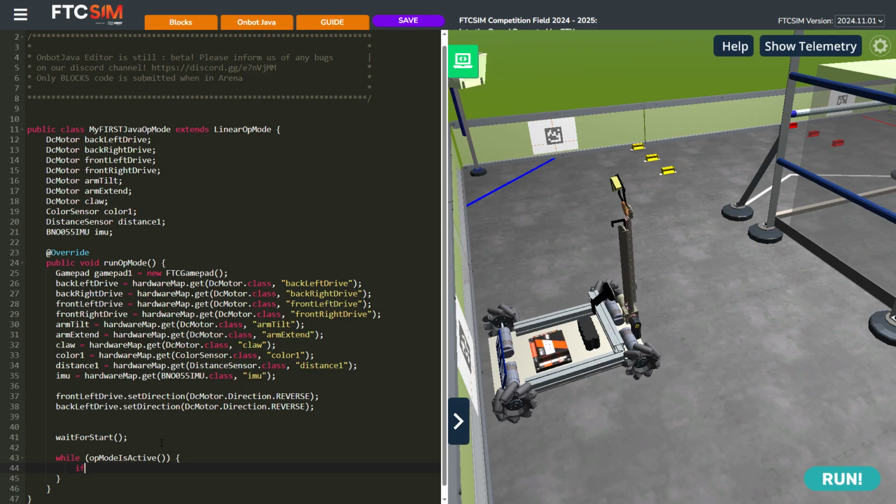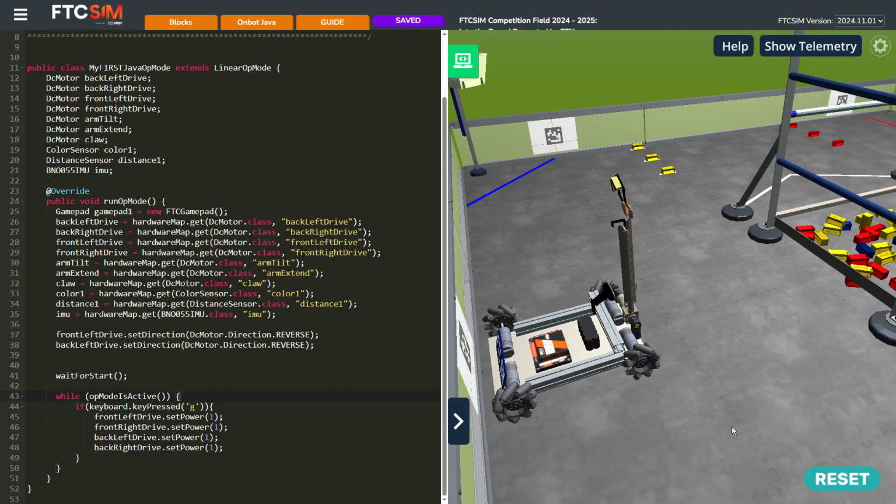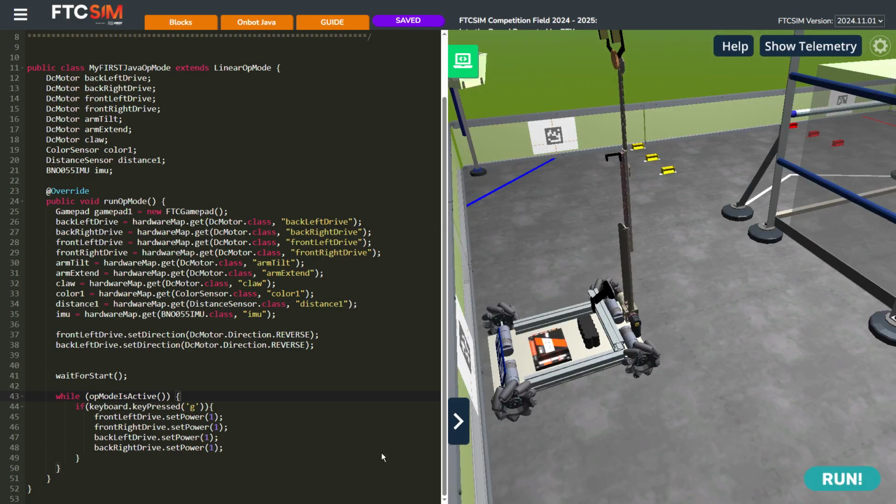Now we're going to have an if statement. If keyboard dot key pressed is, let's just say G, then we set the movement. Now if I've gotten everything correct, it shouldn't move until I hit G. And I hit G, and nothing happens. I do not think I programmed this correctly. Let me just quickly